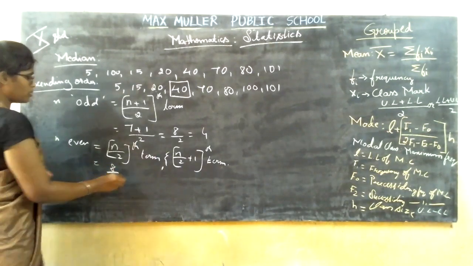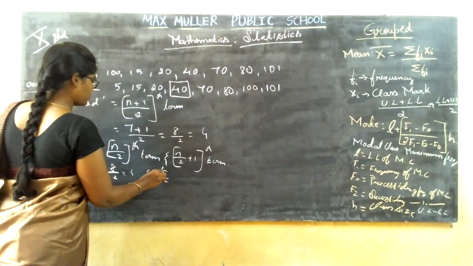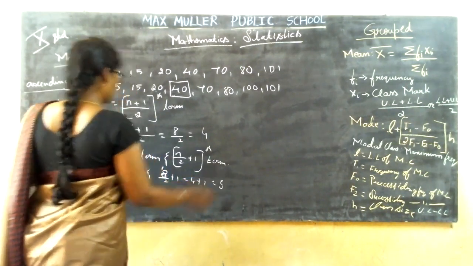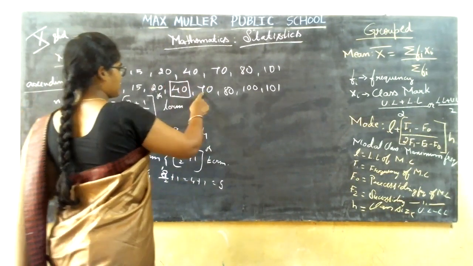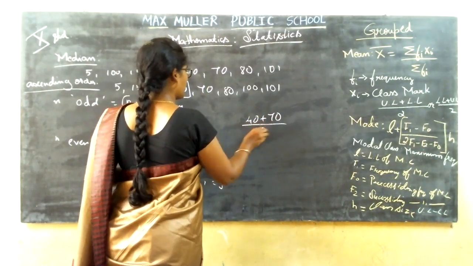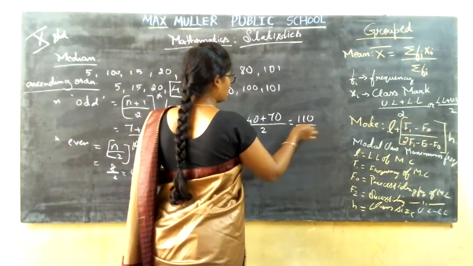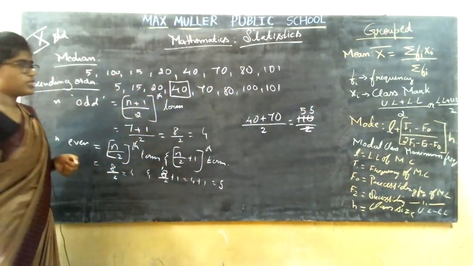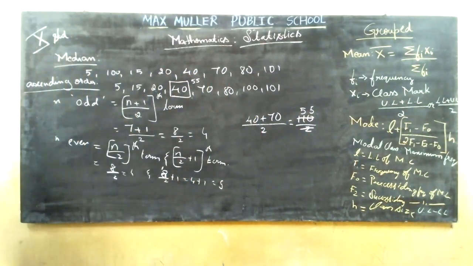Okay, now how many terms do you have? 8 by 2, that is 4, and 8 by 2 plus 1, that is 4 plus 1, the 5th term. Now which is the 4th term and the 5th one? 1, 2, 3, 4 and 5. So these two are the medians. At that time, what are you going to do? 40 plus 70 is 110, divided by 2. 2 5s are 10. So what is the median for the given observation? The mid term of these two, that is 55, is the median.